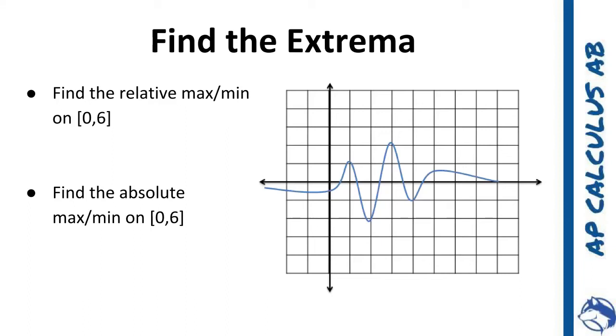Alright, so we're being asked to find all of the relative max and min on 0 to 6. So what I like to do is just draw out my interval here. So 1, 2, 3, 4, 5, and 6. So all of my relative ones, I'm going to do